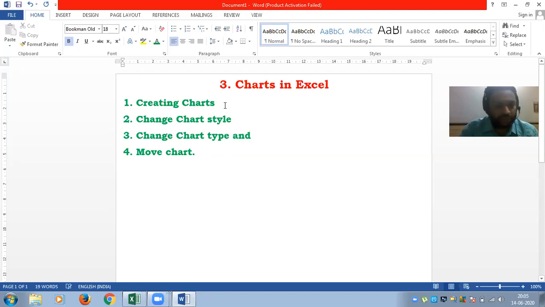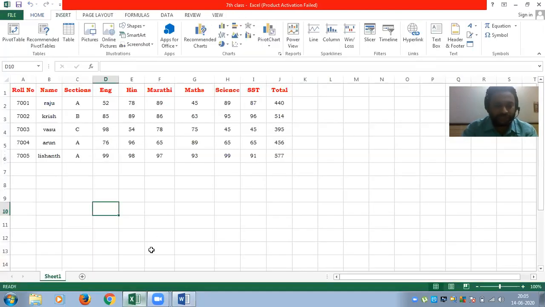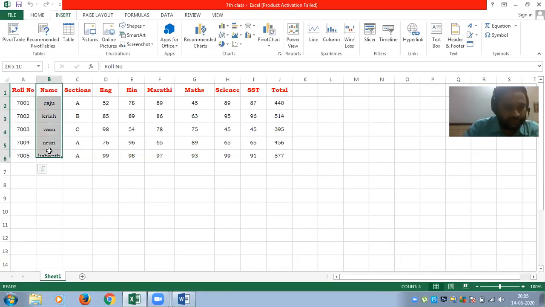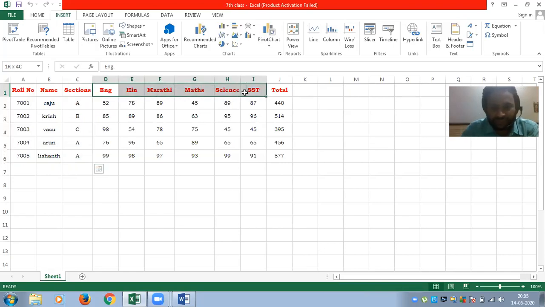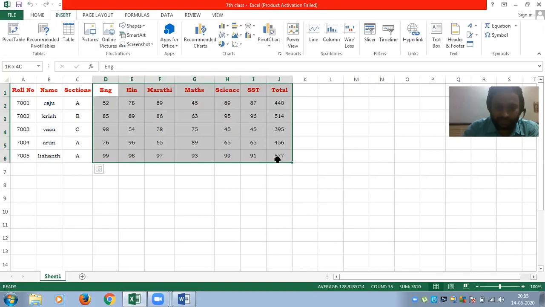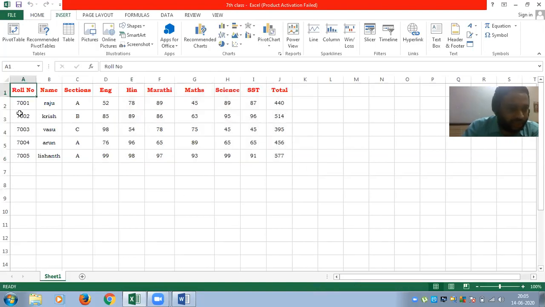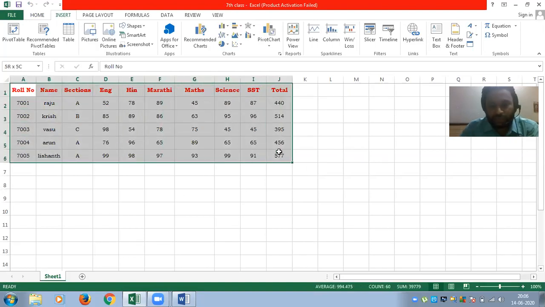Okay, so let's discuss the first one, creating charts. For creating charts, I have opened an Excel file. In that Excel file, I have taken roll number, name, sections, and a few subjects and the total and its marks. In this manner, you can create an Excel file.